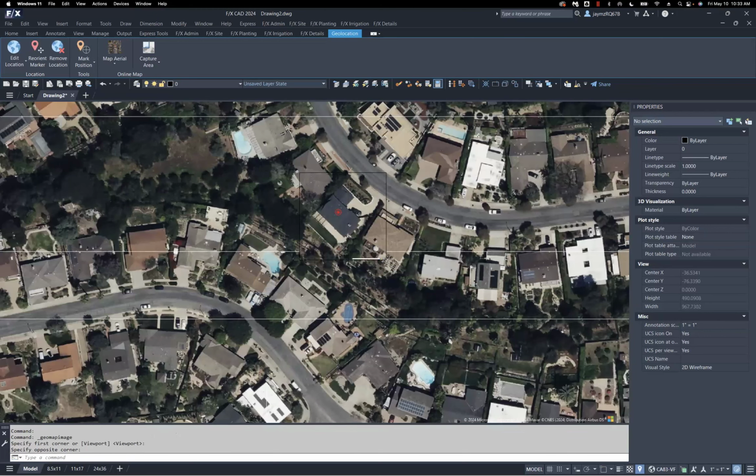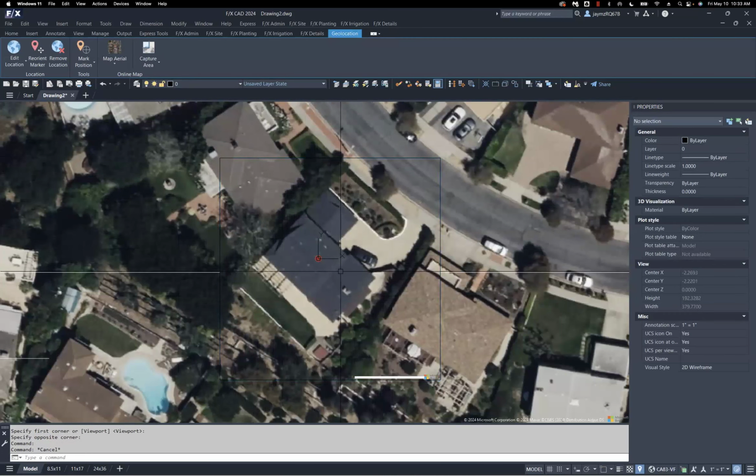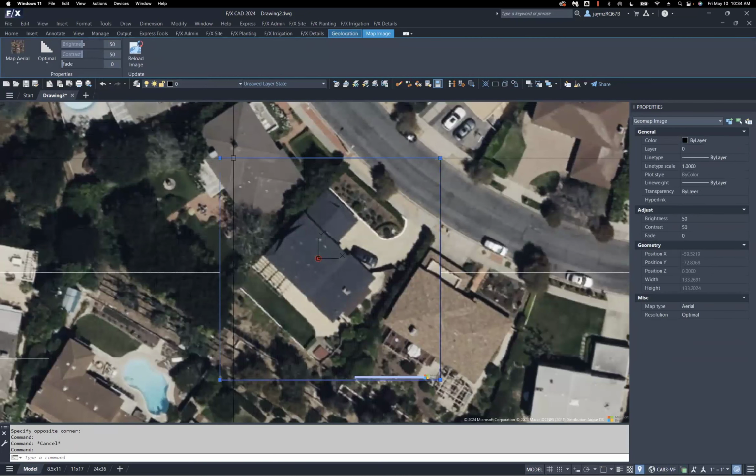So as you can see, I still have my entire map here, but now I have this isolated area. If I select this isolated area, I have further control over the portion within. But before we move on to that, if you want to get rid of the entire map, you can go ahead and remove the map data. So if I wanted to, I could click on the image here and I could begin playing with this. And if I wanted to remove the map data, I could.